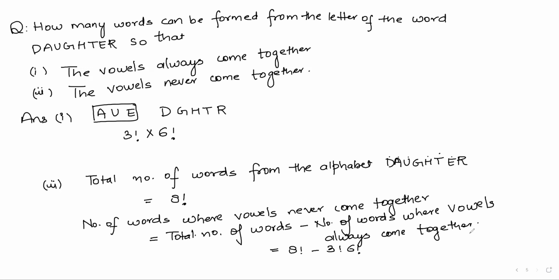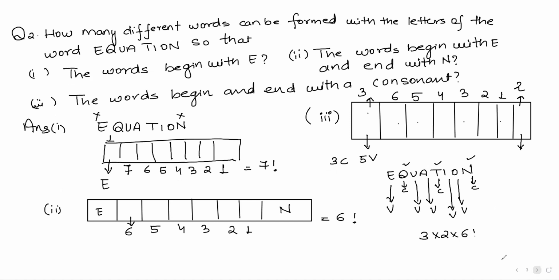Okay, very good. Then we will start our next type of questions. Any doubt in these topics where some condition is given in the question? No, sir. Okay, very good. Next, we will start our next type, permutation of objects